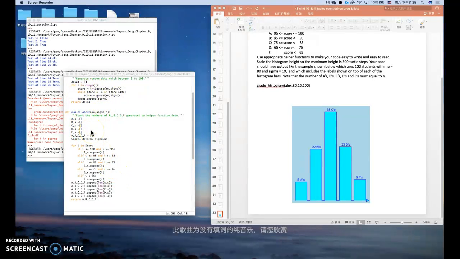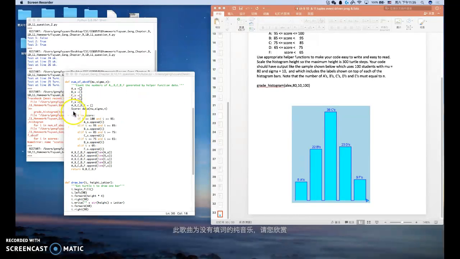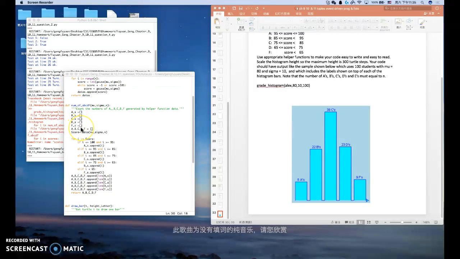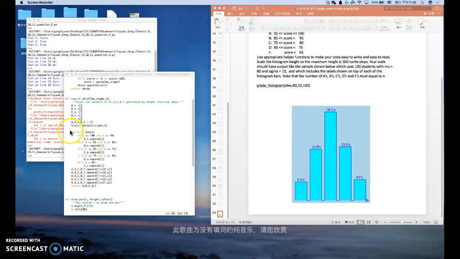And the second help function is the number of A, B, C, D, F. The first thing we need to do is make a list, then have another list for A, B, C, D, F. It should be a total. So the first thing is score is equal to data. Use the first help function to determine the grades between 0 and 100, and then we should use a for loop, for i in score,